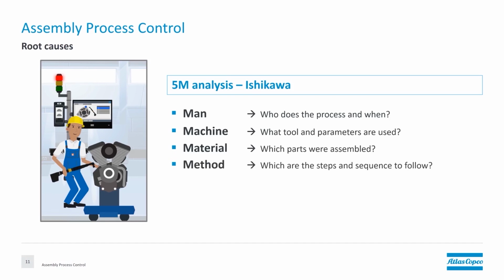We control the method, again, the process, the steps. Okay, we make sure that this is according to what is specified. Finally, the medium. We know exactly, and we're tracking, where an error comes from. Okay, and when we're on a rework station, we know immediately where this problem comes from.